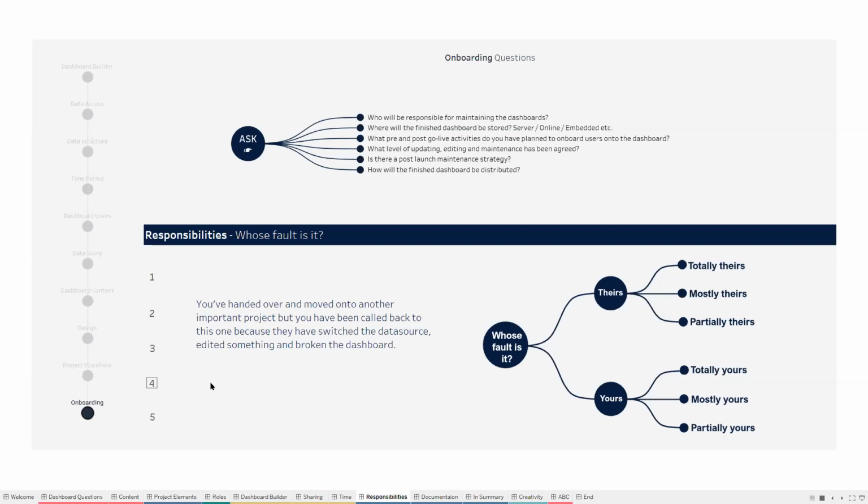You've handed over and are moving on to another important project, but you've been called back to this one because they've switched the data source, edited something, and broken the dashboard. So whose fault is it? Well,